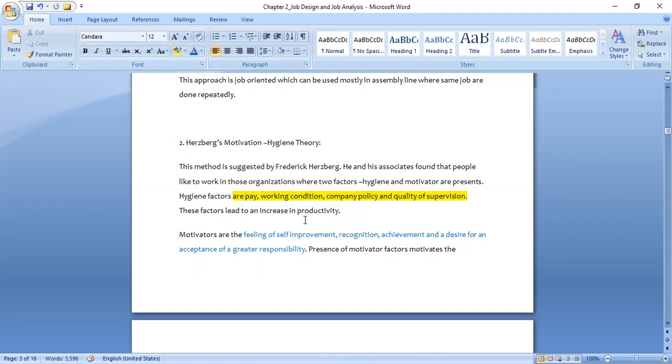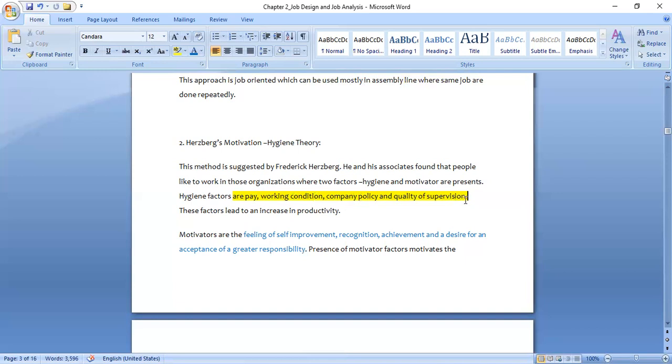So according to Herzberg's motivation theory, the motivation-hygiene theory of job design, when we are designing or making a job design, these following factors should be included. In a number of cases we've seen these job designs maybe in the newspapers, and some of these factors are included according to Herzberg. These are the hygiene factors: the pay, working condition, company policy,